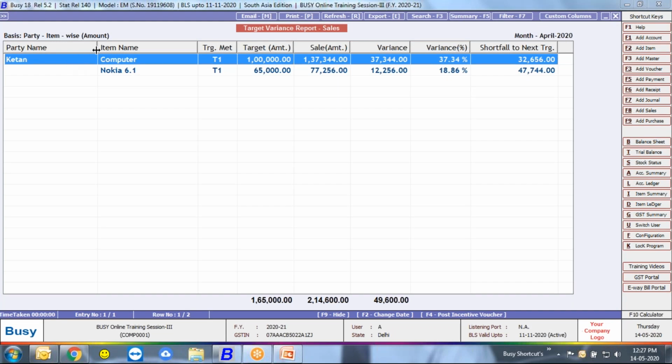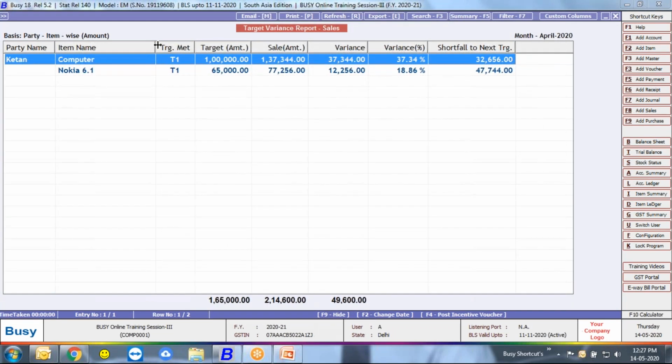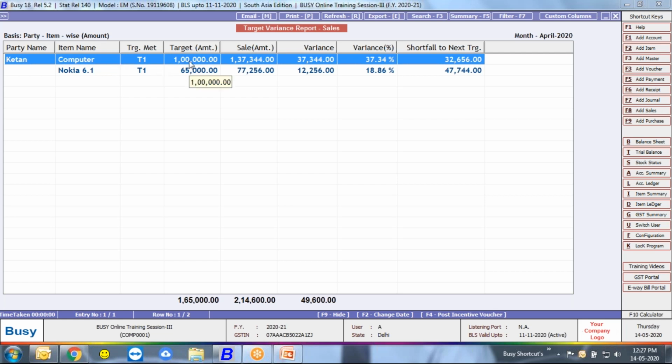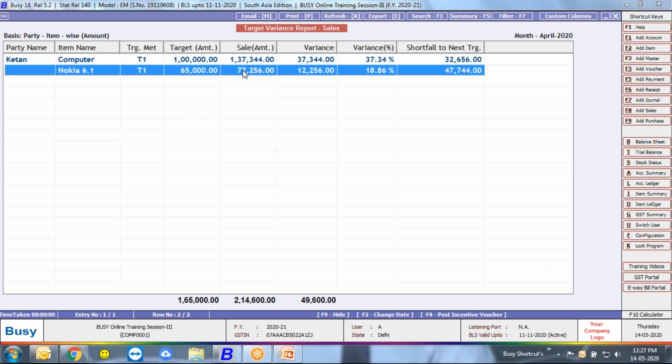So the report is on your screen. Party name is Ketan, for which we configured the target. Product names are computer and Nokia. Target met: for both items we achieved target 1, because in the first the amount is 1 lakh, and in the second the amount is 65,000. Actual sales amount is 1,37,000 for the computer, and for the Nokia the sale amount is 77,000.